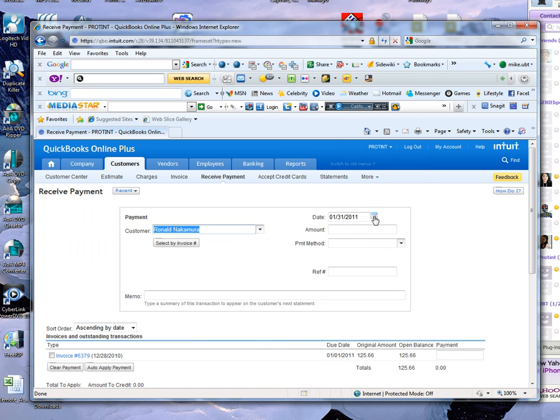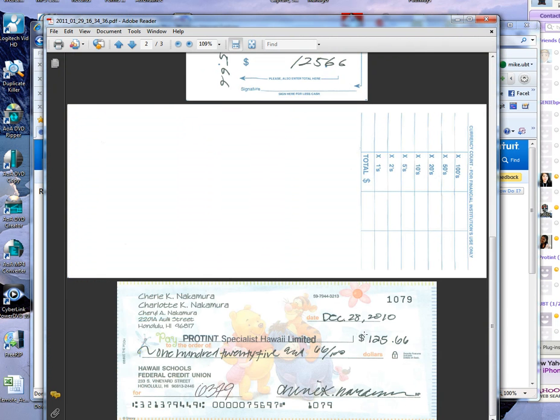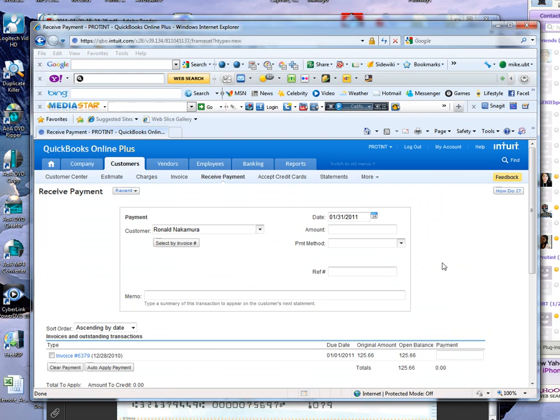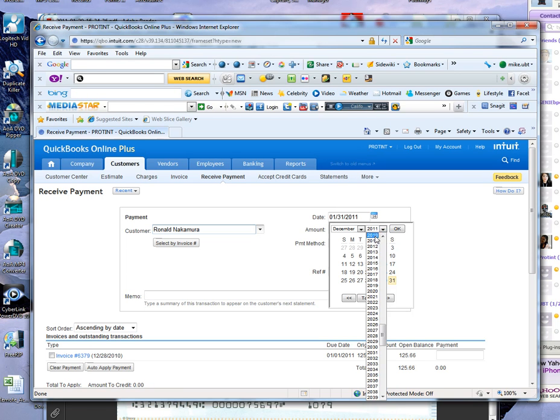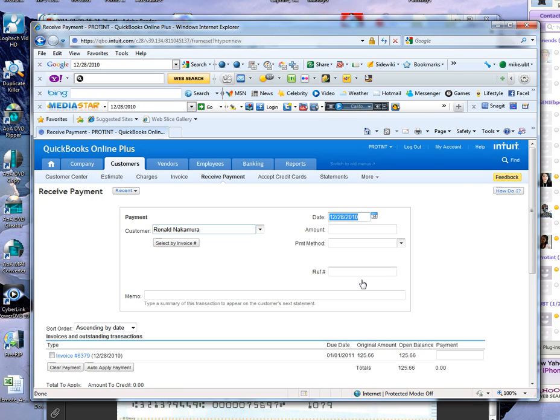The date of payment received, if you go back here, is December 28. So I'll go ahead and choose December 28. Now you got to be careful, this one is December 28 of 2010. So I got to choose the right year, 2010. The amount's going to be 125.66. Payment method, pull that up, it's going to have check, reference 1079, and in the memo I'll put like